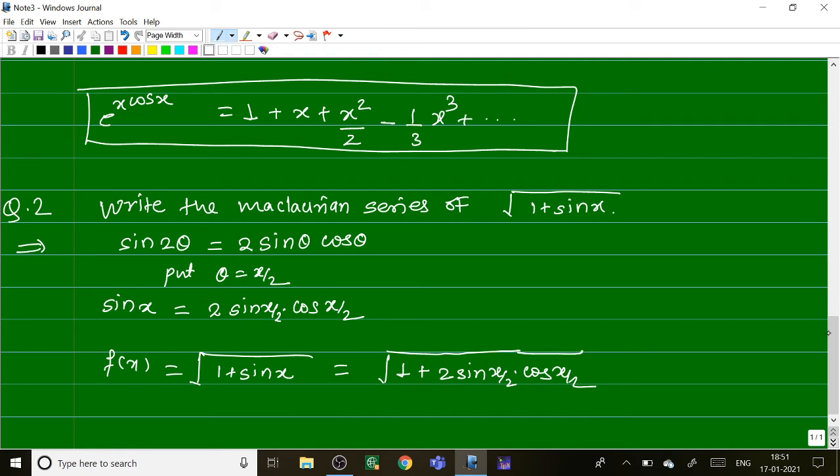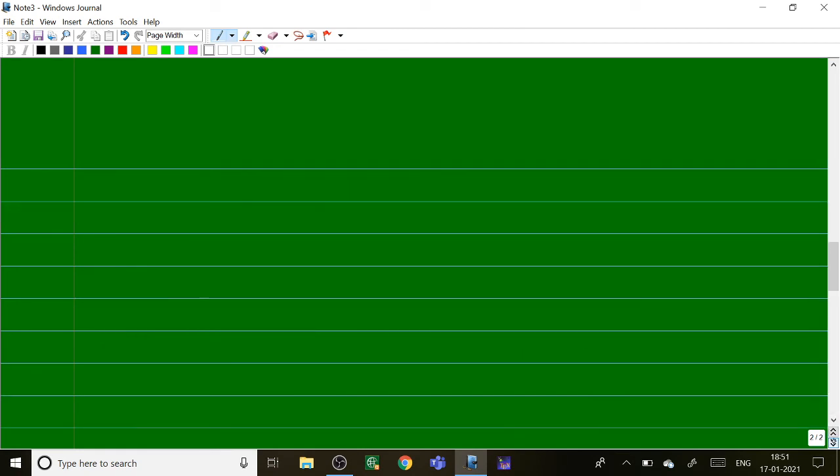This product of 2 times sine x by 2 and cos x by 2 gives rise to the adjustment that you can write this 1 in the form of addition of two functions, such that we will get a complete square in the square root. So with the help of that 2 sine x by 2 cos x by 2, I can write this 1 as